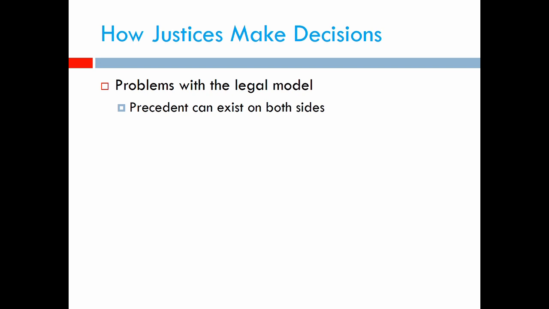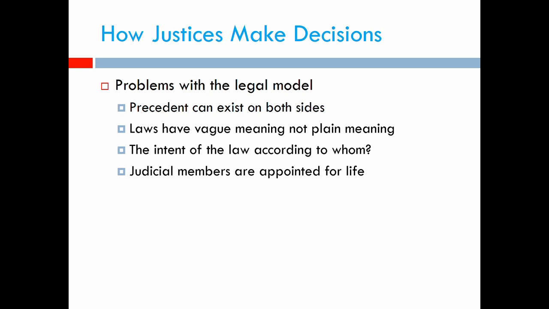Also, if we just start with the idea that you should interpret the plain meaning of the law, well, laws have vague meanings. It's not always clear what they mean. You know, when they talk about how you should have equal pay for equal work, what does equal work mean? And when you talk about the intent of the law, just interpret the law as it was intended. Well, whose intent, right? Maybe the person wrote the law, and then Congress passed the law, but maybe when it was voted on, Congress thought they were passing it for one reason, and the person who wrote the law wrote it for another reason, and then maybe the president signed the law and hoped for something else.